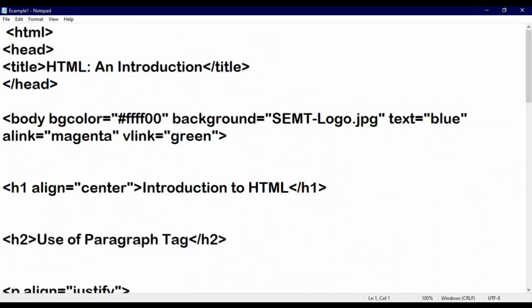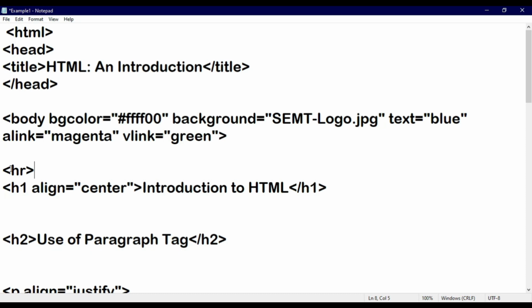Now let us move towards the next topic, that is horizontal line, or sometimes you can call it a horizontal rule. What is the use of that tag? That particular tag is used to make different sections of your web page. Means if you want to divide your web page into different sections, it can be done with the help of the horizontal rule. So let us use the tag so that you get an idea of how exactly it works. Before my heading, that is Introduction to HTML, I am writing the HR tag open, and this particular tag is not required to be closed. Means if you do not close the tag, it will still work.